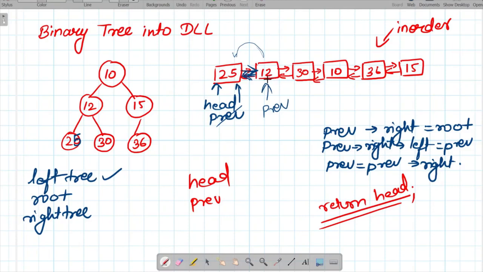So let's traverse it for the root 12. What will happen is previous right equals root. Suppose we have these two nodes, that is, 30 is the next root node. So our previous is currently here. The first line will do previous right equals root, which will create this pointer. Previous right is now updated with the root. Previous right left equals previous. So previous right is 30 and its left is 12. So it is updated with previous itself, which means that previous right is 30 and its left is 12. It is updated with previous only.